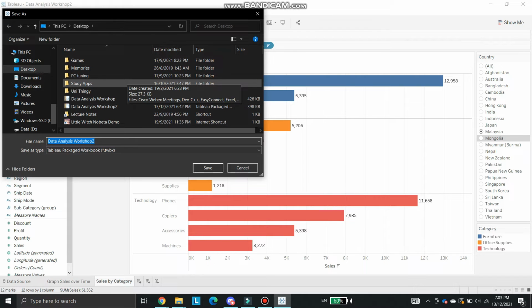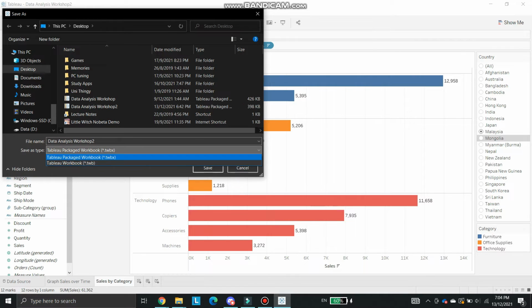Alright, so let's say we save it as data analysis workshop 2. There are two save types over here, which are Tableau package workbook and Tableau workbook. What is the difference between them? So for Tableau workbook, it is just a normal workbook, which